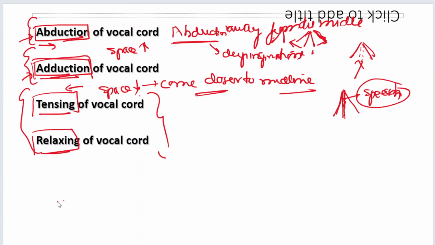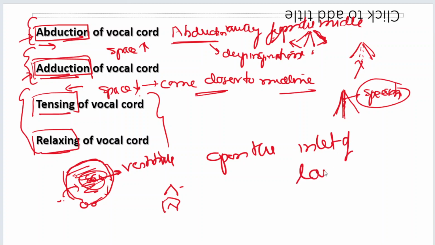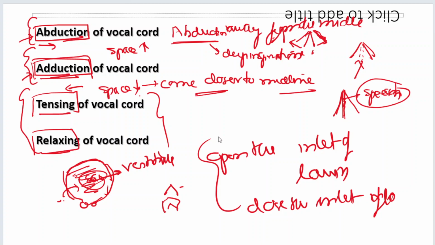The inlet of the larynx is formed by the epiglottis, the ariepiglottic folds, the arytenoids and the interarytenoid area. This leads into the supraglottic area, which we talked about in carcinoma larynx. It's also called the vestibule of the larynx. After that comes the true cords, that is the glottis, and then comes the subglottis. So there are muscles which open the inlet of the larynx, and there are muscles which close the inlet of the larynx. This is mostly in terms of when you swallow a food bolus, it should not be going into the larynx and it goes into the